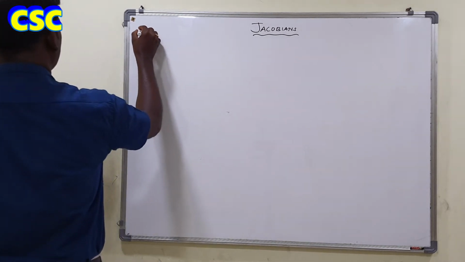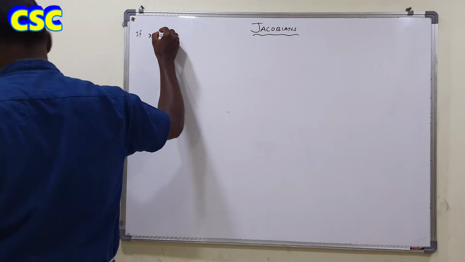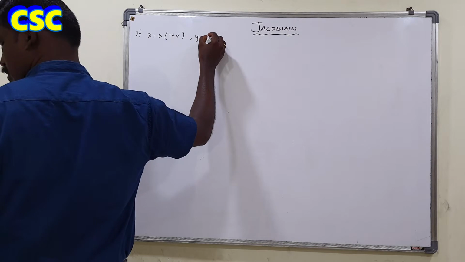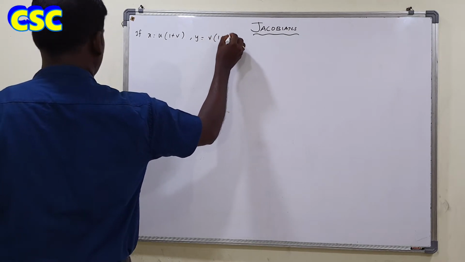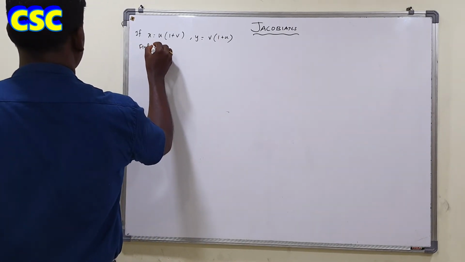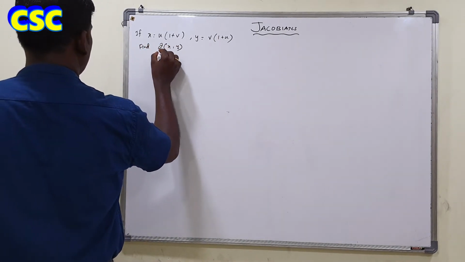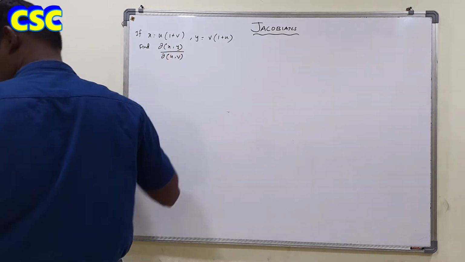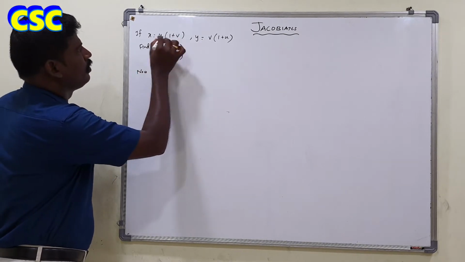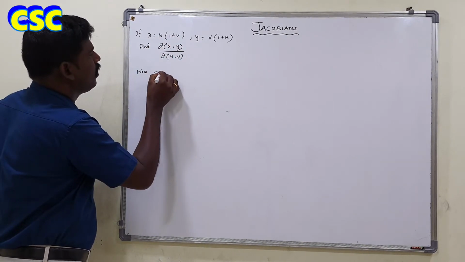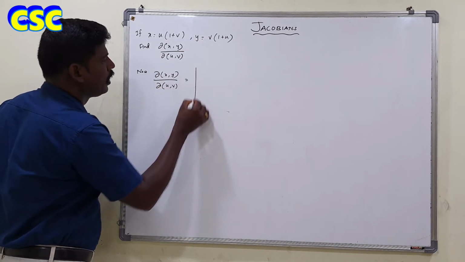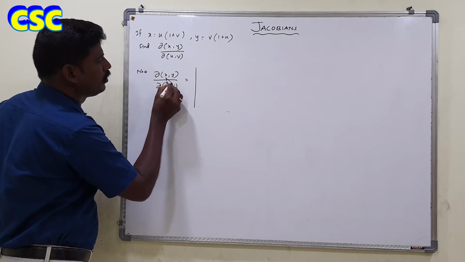If x is equal to u into 1 plus v, and y is equal to v into 1 plus u, find dou of x comma y with respect to dou of u comma v. So what is the value of dou x comma y with respect to dou of u comma v? By the Jacobian determinant, it is dou x by dou u, dou x by dou v,